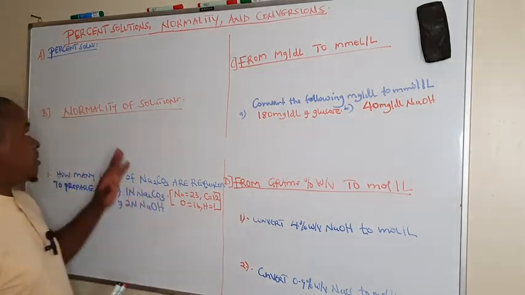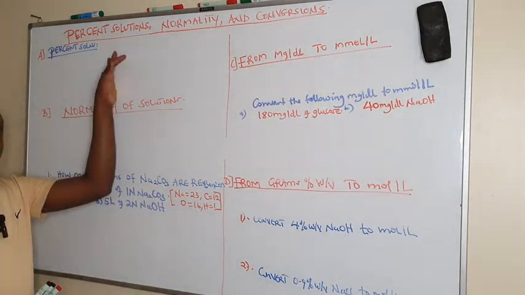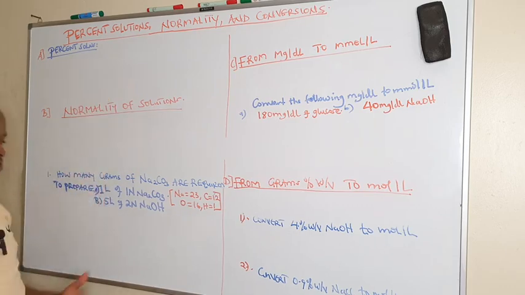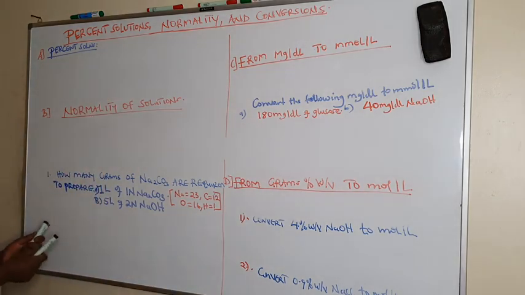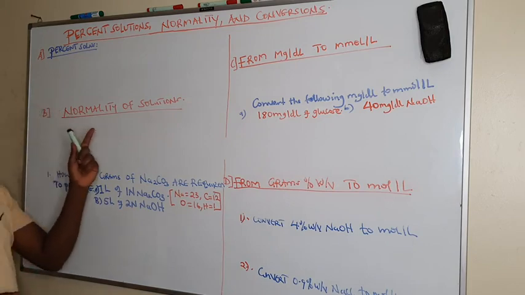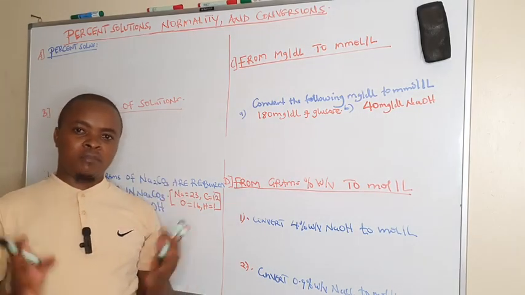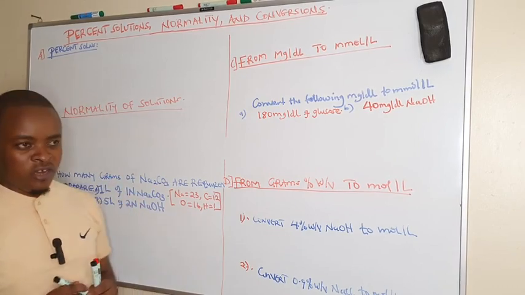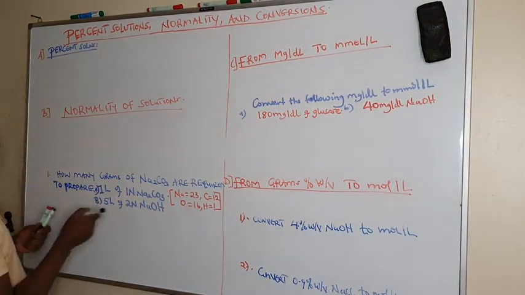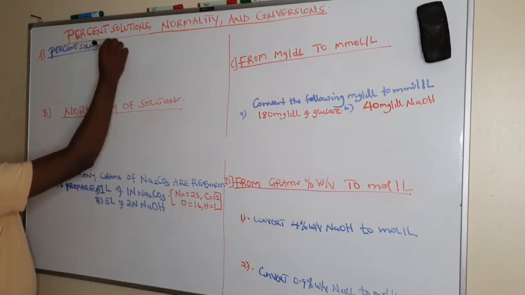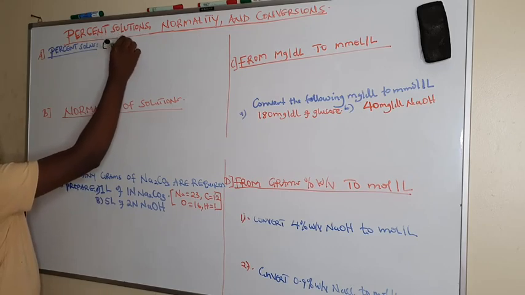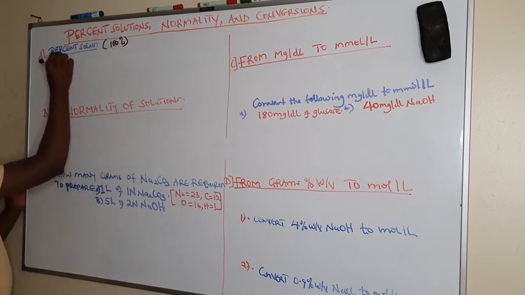So, I want to begin by looking at percent solutions. Percent means 100. So, percent solutions are solutions made whereby the total volume or the total amount is equal to 100. And these percent solutions, whereby the total amount is equal to 100%, they can either be